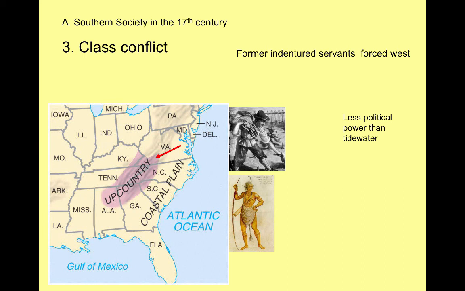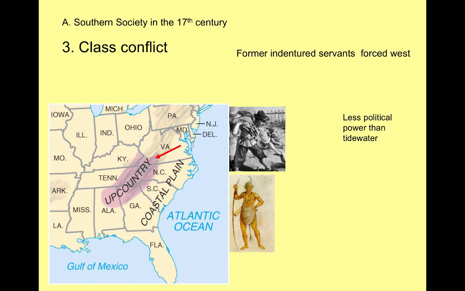But the problem is that these former indentured servants, they want land, that's why they came here, but there's no good land available. It has all been taken up by these rich planter elite along the coast, and so they have to go further inland into the Piedmont and then into the upcountry, where it's hillier, it's in the Appalachian Mountains, and you can't grow as much tobacco there. The soil is rockier, it's cooler, it's not flat, and so we see that the people who are these freed indentured servants remain poor and very resentful.